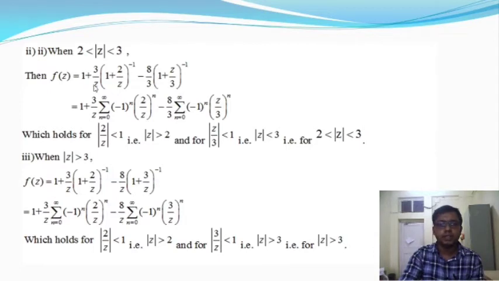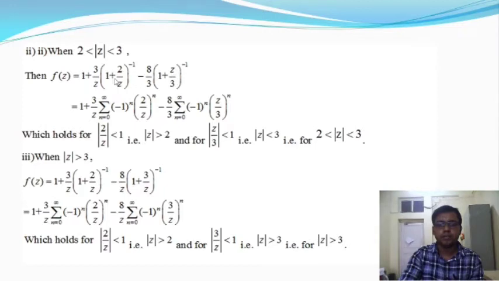So if we take z as common in the second term, we'll get 1 plus 3 by z into 1 plus 2 by z whole to the power minus 1, and from the third term we'll take 3 as common, and it will give 1 plus z by 3 whole to the power minus 1. So these two functions are series functions, and now we can apply the binomial expansion to these two functions,